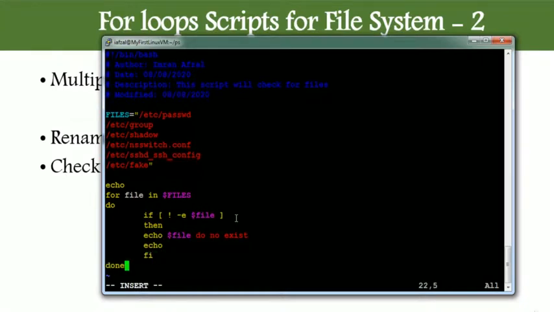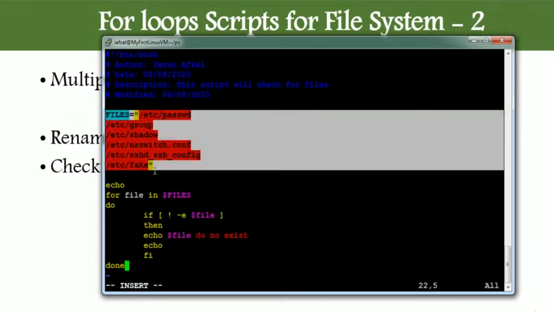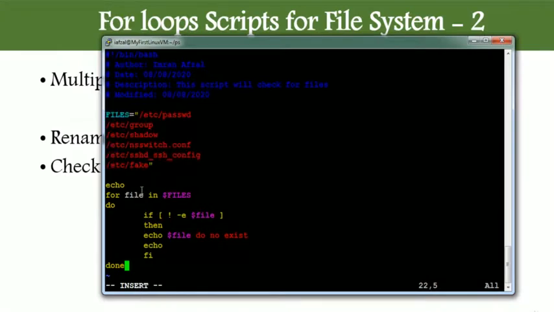Okay, so basically what I'm saying is, if you go and look for all these files right here in this container and then put all these files in a new container, and then test if these files actually exist in this system, and if they do not exist, then tell me they do not exist. If they exist, don't worry about it, don't tell me. So that's why I didn't use the else command. So let's run it